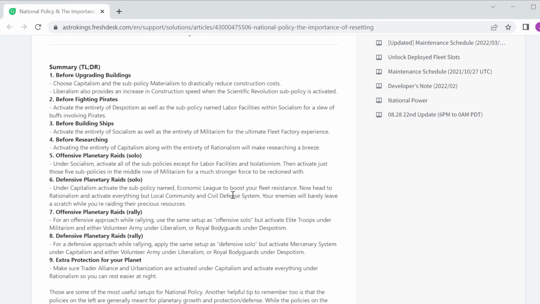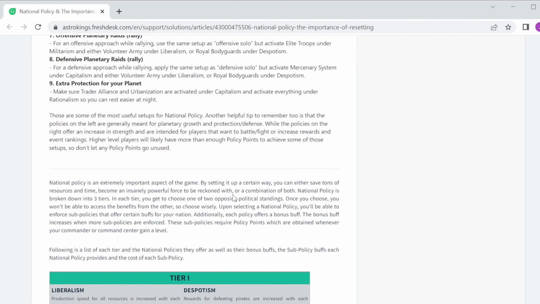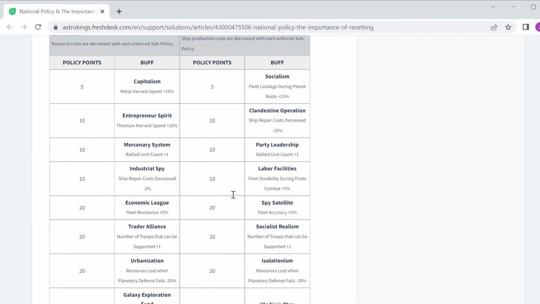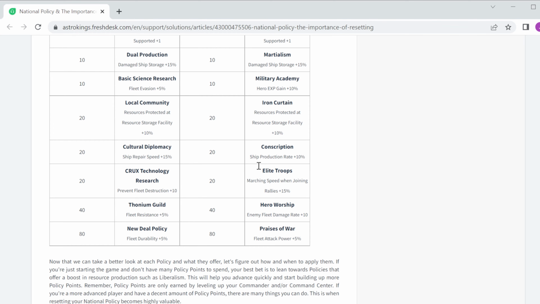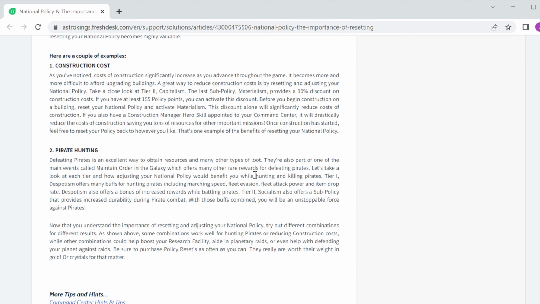So, which policies do you want to have before upgrading buildings? You're going to want to go capitalism with materialism underneath, before pirates, before building ships. They do a great job of walking you through here and telling you which ones are which. And as you keep scrolling, you've got tier 1. It walks you through what the 2 are, all the stats on them, the number of policy points that are required. Then tier 2, tier 3, and at the very end, it does a good job of showing